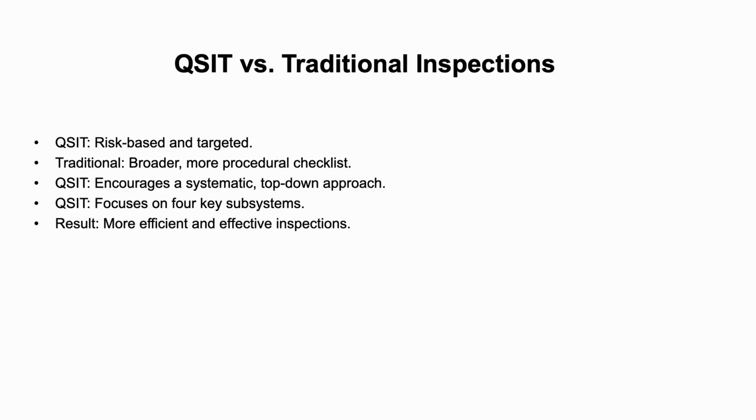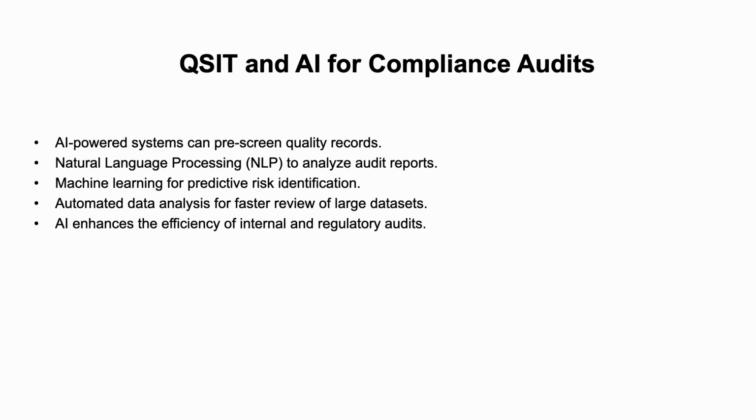It encourages companies to build quality systems that are not just compliant, but robust and well managed from a holistic perspective. The integration of artificial intelligence, AI, with QSIT principles represents a significant leap forward in compliance auditing. AI-powered systems can now be used to pre-screen vast volumes of quality records, flagging potential issues for human review. For instance, an AI tool with natural language processing (NLP) capabilities can analyze thousands of audit reports, complaint files, and